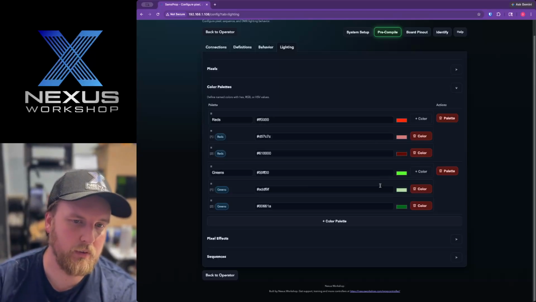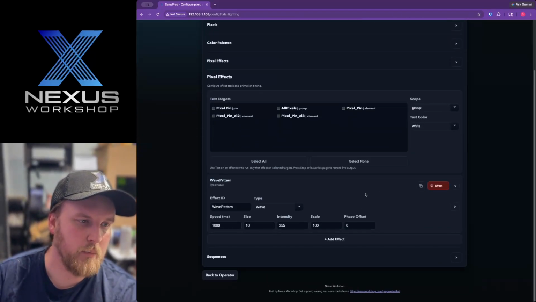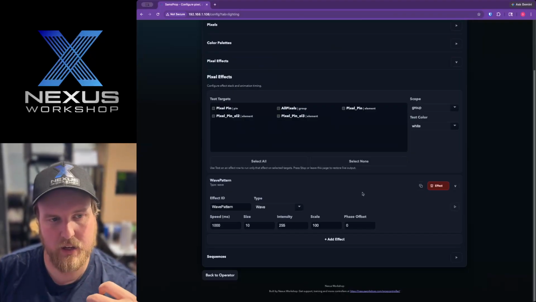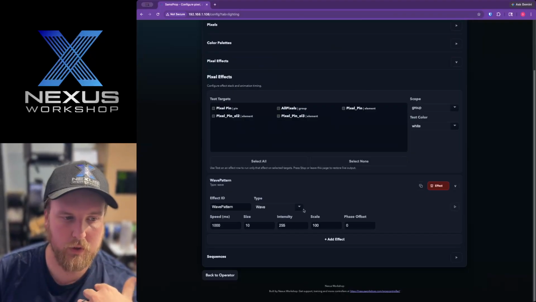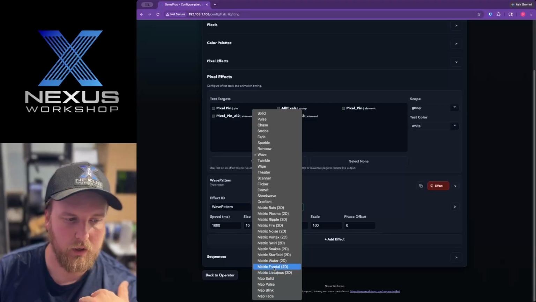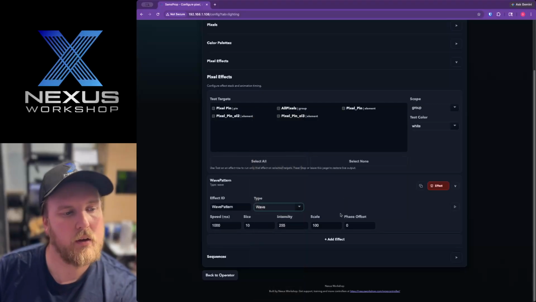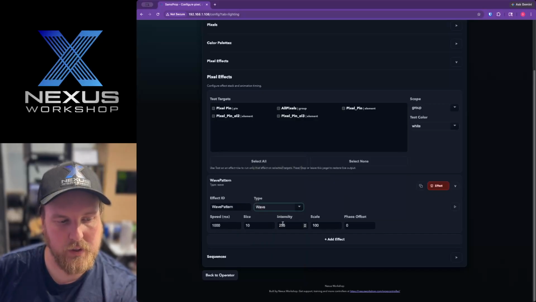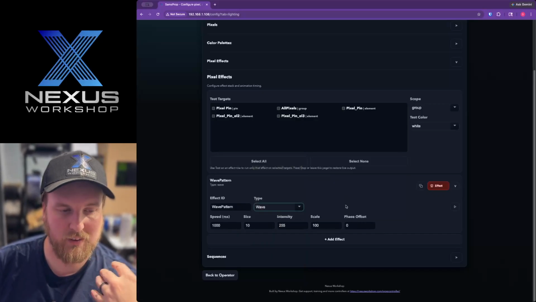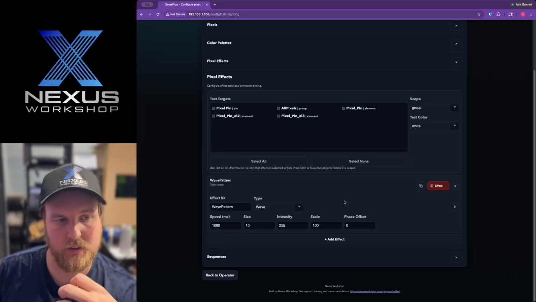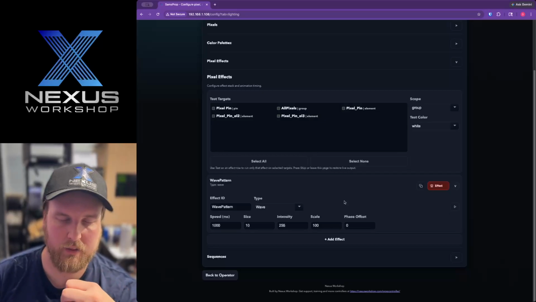But this can be a lot of fun. Pixel effects is where you can define an effect that you're going to keep reusing. There are these built-in effects. That's all these types. We're going to be adding to this all the time. But in here, I can basically take that type, define specific parameters to it, and save that. So instead of just wave, this is my wave, and I think it should be this fast in this thing